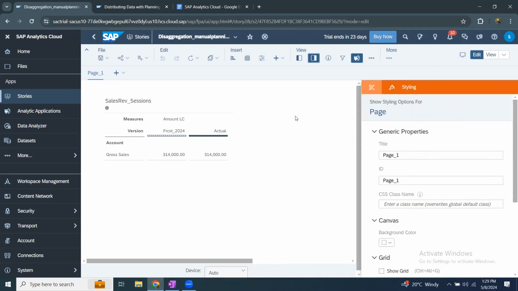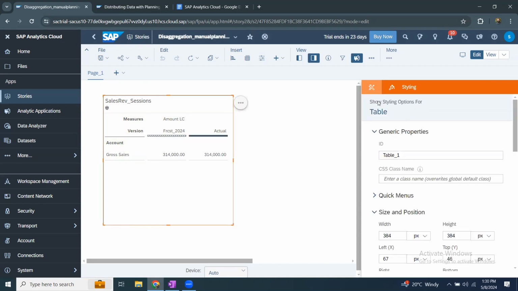At the same time, I'm going to filter my time dimension to keep only January 2024 instead of all the months of 2024. I would like to keep only 2024 so that it gets easier for me to input the values. To see the value of my actuals, I can bring in 2023 December month as well, but the forecast will be for 2024. So for that, I'm going to select my table and get the